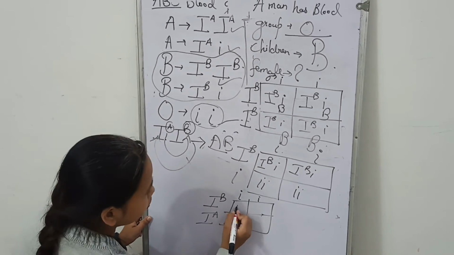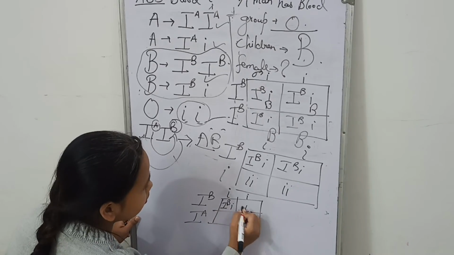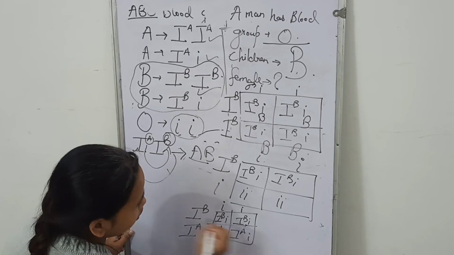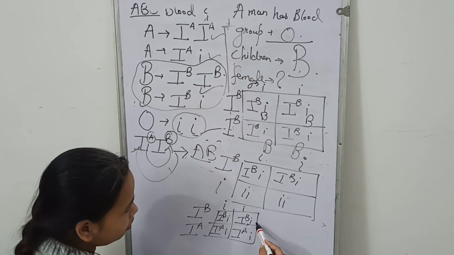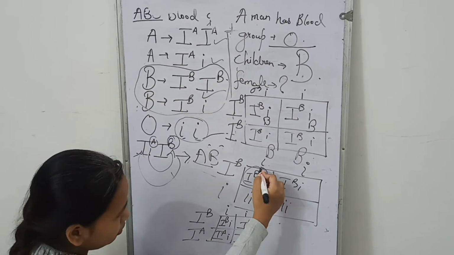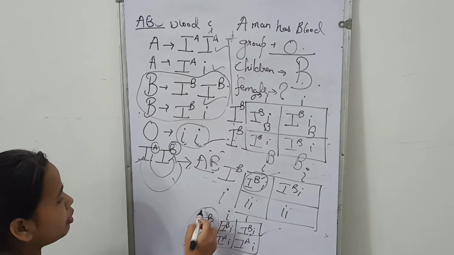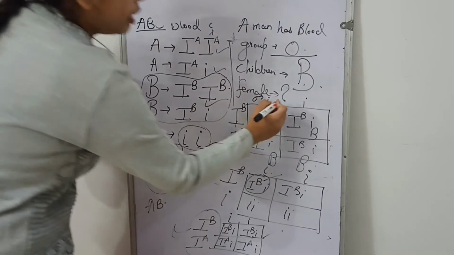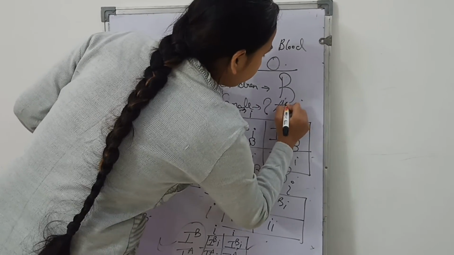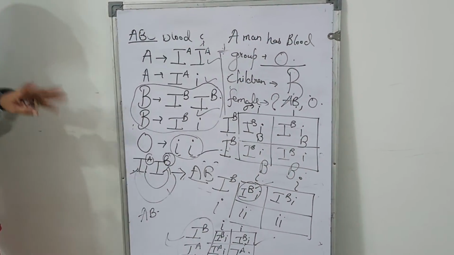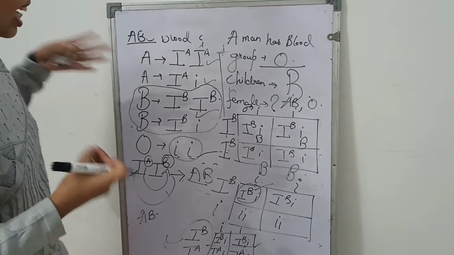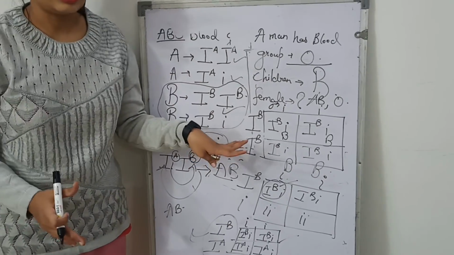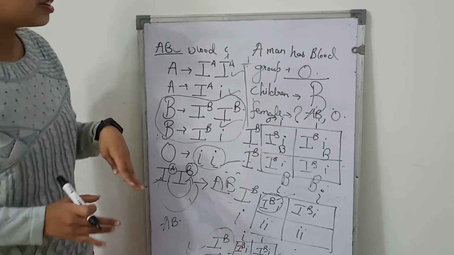Right? So, if we do this cross, in this case what we will get, that the female can be blood group B, or she can be of the blood group AB. Okay, so here the female can have the blood group AB as well as blood group O. Both are possible. So that's why you have to do the crosses here, and you will definitely know the answer, and this will definitely be asked in your exam.